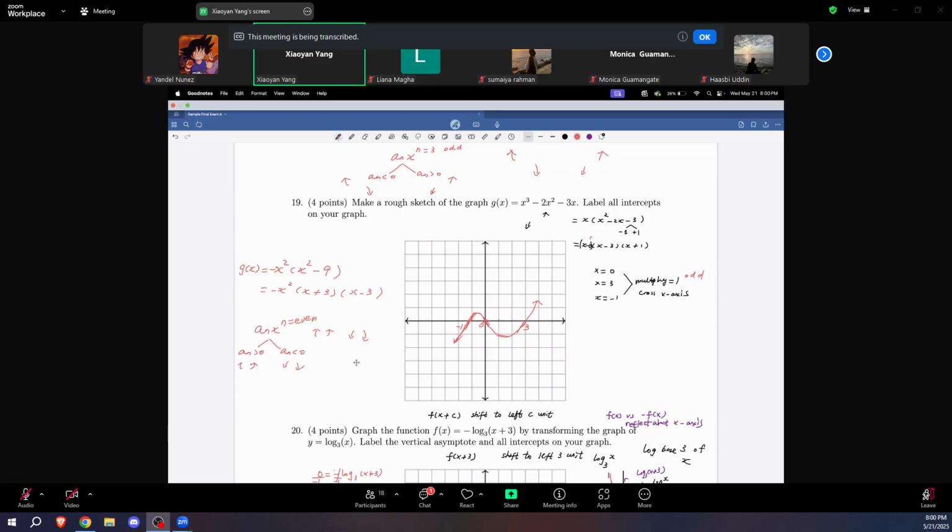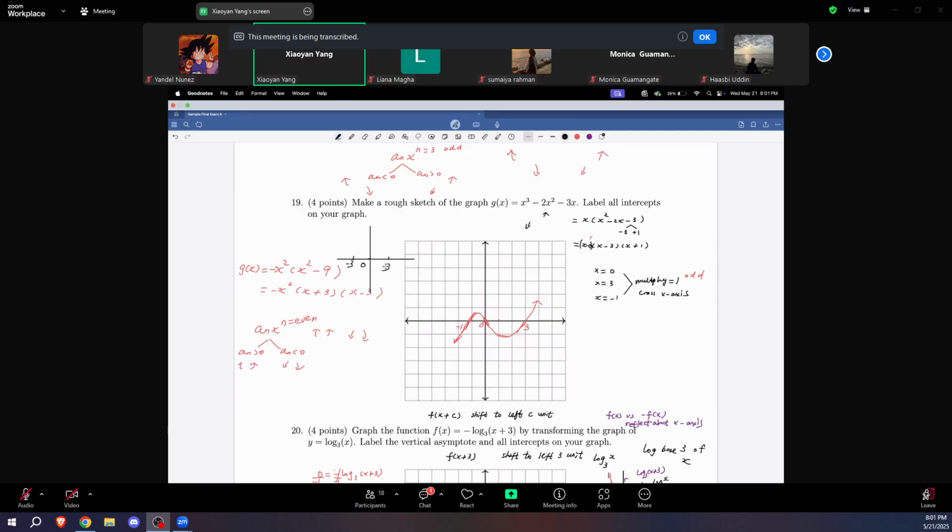Okay? So what about this? This is both go down because the leading coefficient is less than 0, which is -1. So it's both go down. First, figure out. They may give you this, because this has happened in a couple of years' exams. So what about this? We have 0, we have -3, and we have +3,